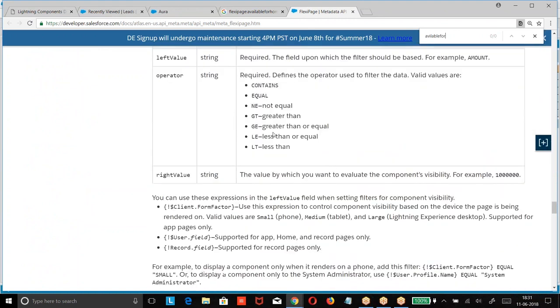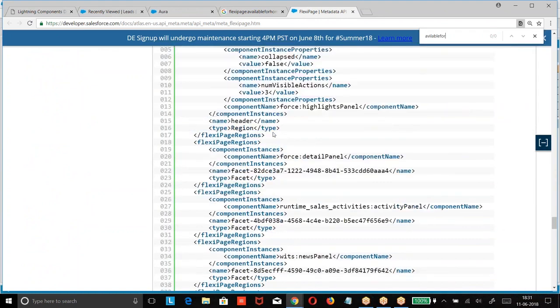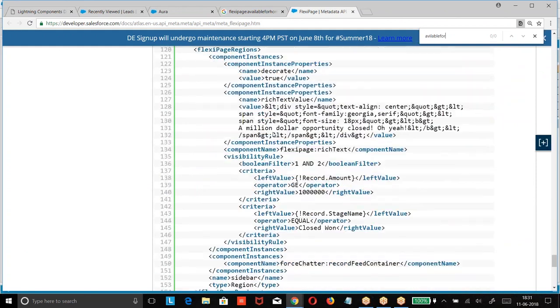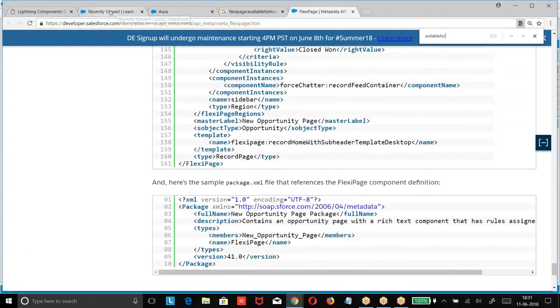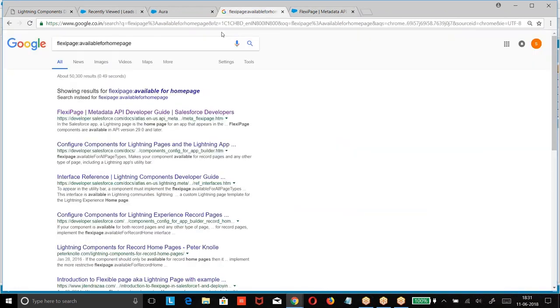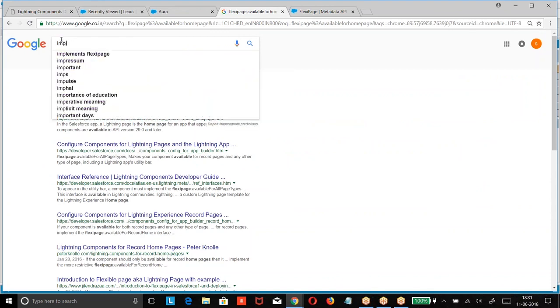What is the purpose of that hasRecordId? It ensures that